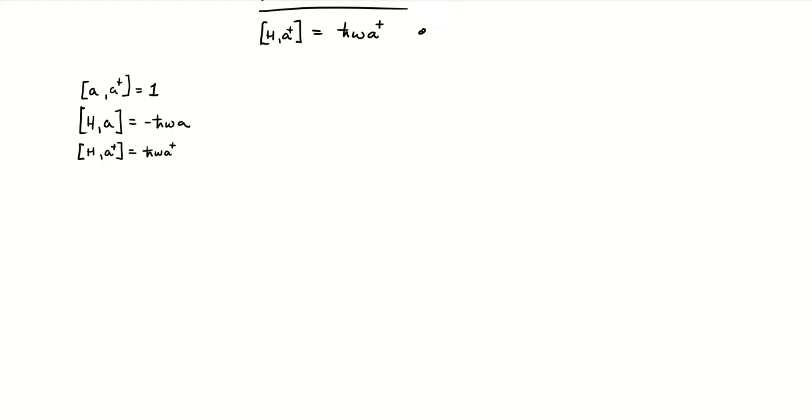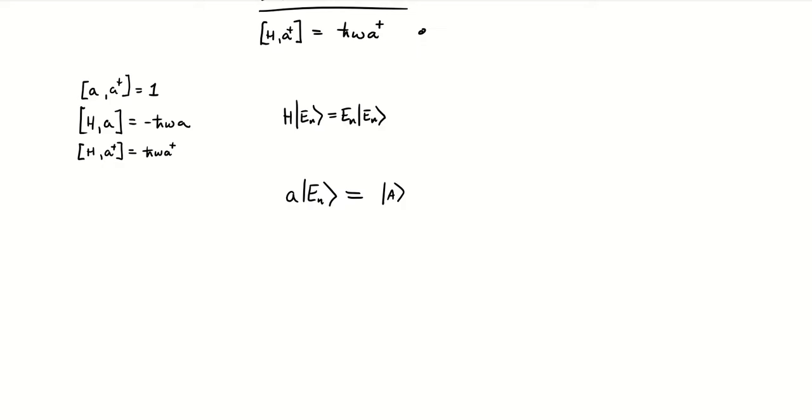So now let's remember our goal, right? We are trying to solve what the Hamiltonian acting on some energy eigenstate is. We're trying to solve that energy eigenvalue equation. To do this, let's say we have some E_n eigenstate, and let's look at what happens if we take the lowering operator and act on that. Well, that's just going to produce some other ket we're going to call A, right? So the lowering operator acting on an energy eigenstate produces some other state A, right?